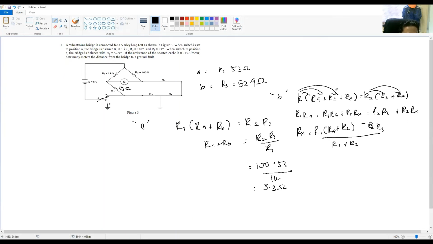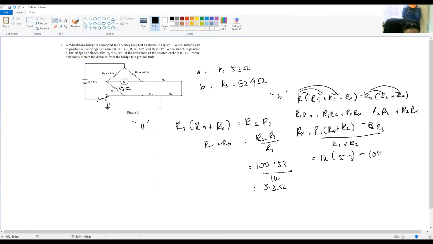After this you can try to get the Rx yourself by simplifying. R1 is 1 kilo, and RA plus RB is 4.3, minus